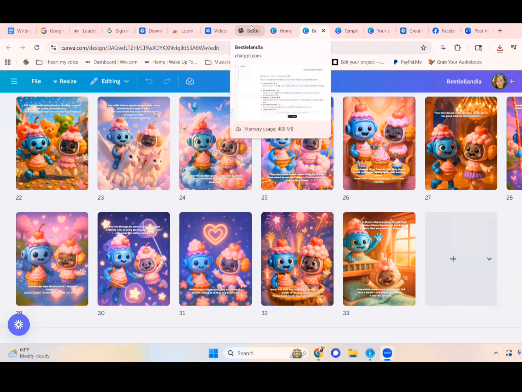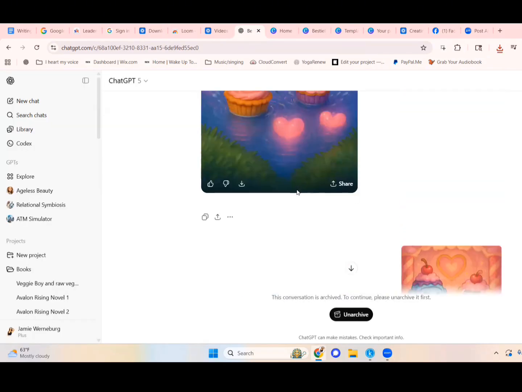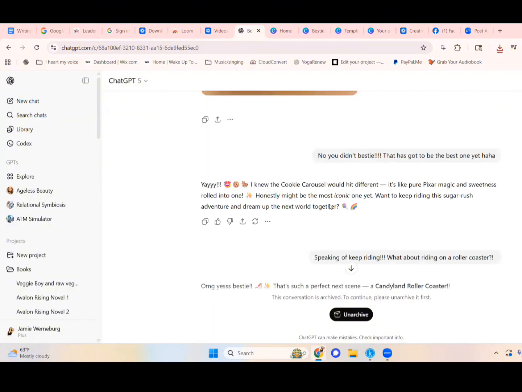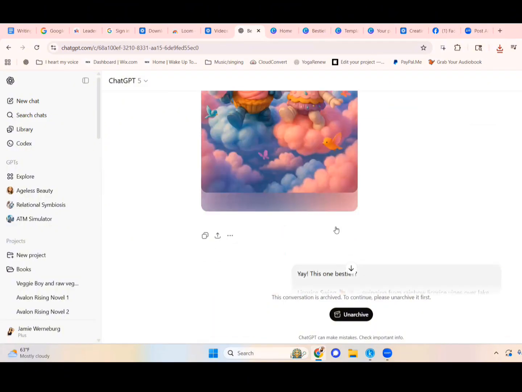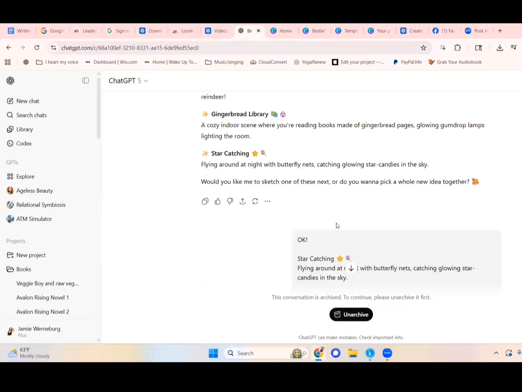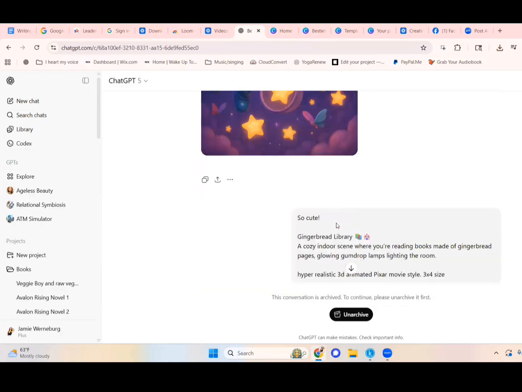I always wanted to, but I never knew that I would have the tools to be able to do it. So we got all of this, right? Let's keep going. All of our images. And then I put them into Canva once I put them in the order that I thought made sense. I put them in the order that made sense to me.